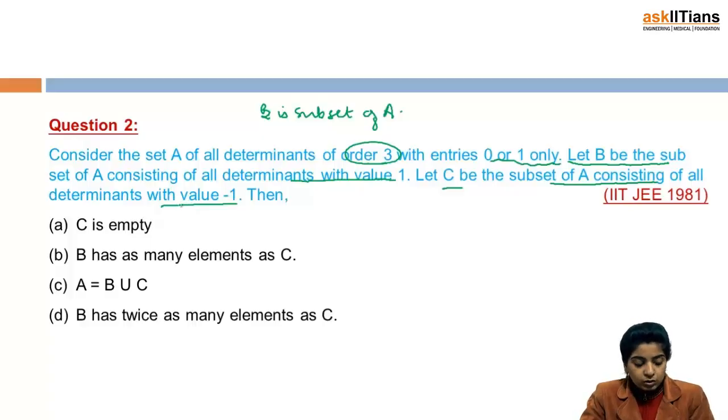any two rows or columns among themselves, the sign of the determinant changes. If you remember, we have just now discussed this property of determinants, that if any two rows or any two columns of a determinant are interchanged, then the sign of the determinant changes. Now using this concept, we can directly say that B will have as many elements as C. So see, this was a question of just a few seconds. You don't need to calculate anything, you just need to use these concepts.